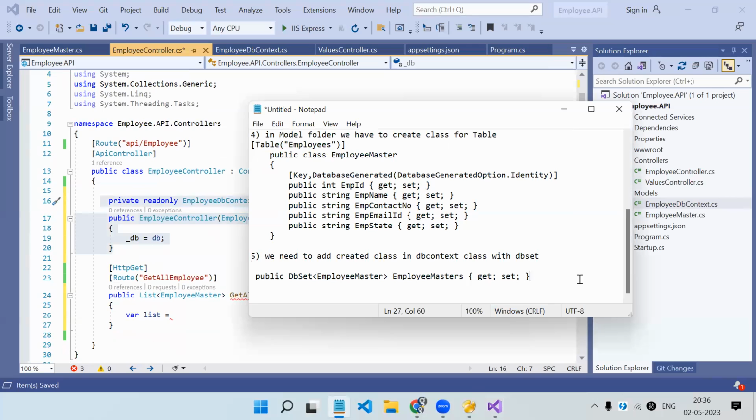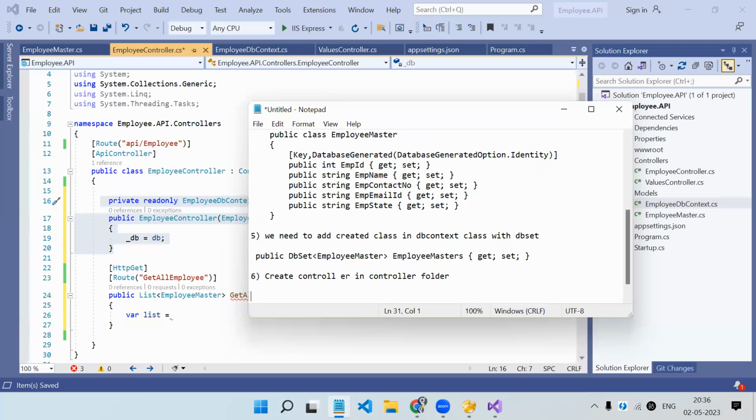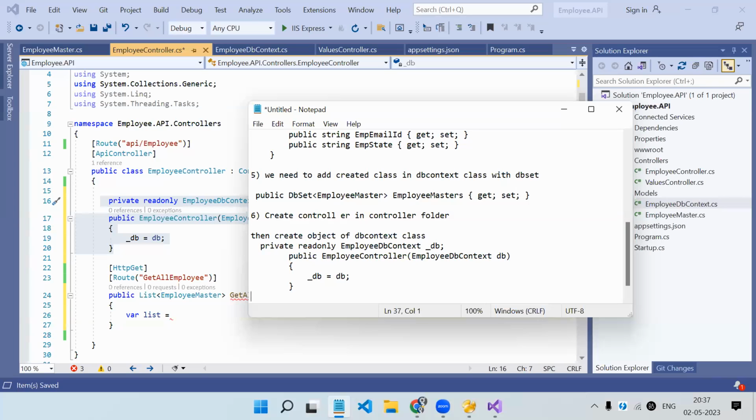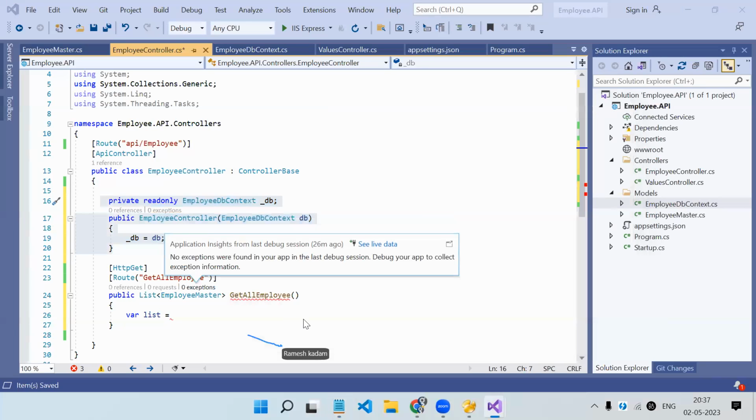So after 6th step, create DB context object in. Okay, first we have to create the controller in the controller folder. Then create an object of the DB context class like below. This is 6th step. Then 7th step, we are going to create an